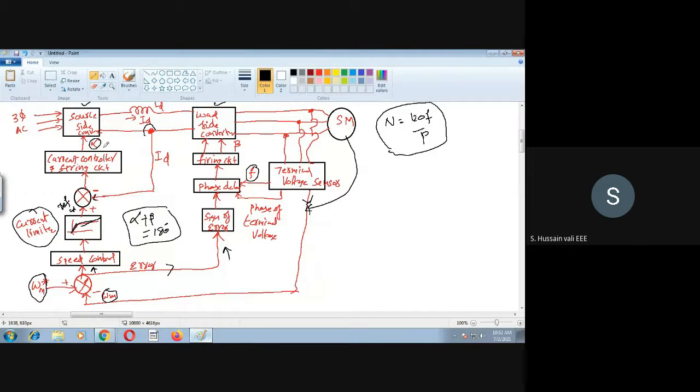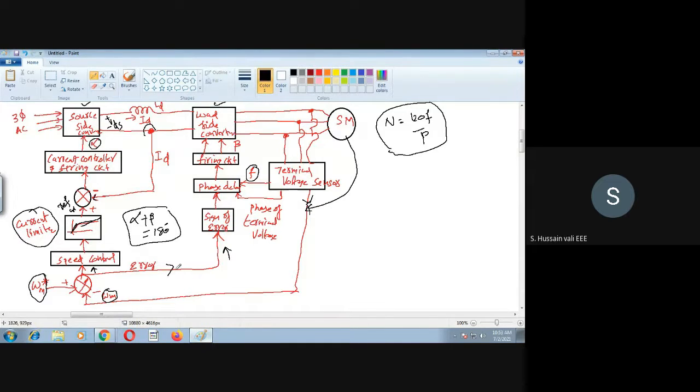In other words, what you are controlling here is the voltage, VDS. How do you control the voltage here? With the help of alpha. How will you get alpha? Alpha you will get based upon the current signal here and the reference current. How are you getting the reference current? You are getting the reference current from the speed signal. So there is a relationship between all these variables. You can get that from the basic equations of the synchronous motor. What is the relationship between speed and the current and the alpha? This you may get from the equations which we did not bring here. Okay, so now this you will get.